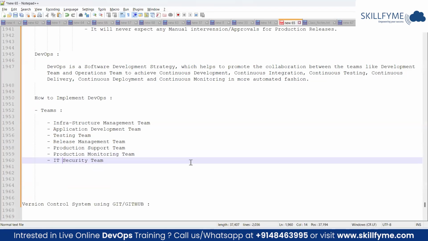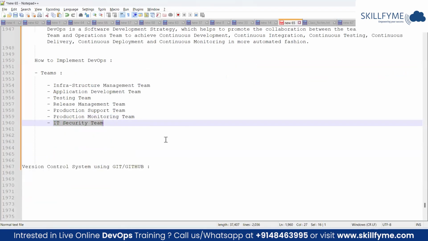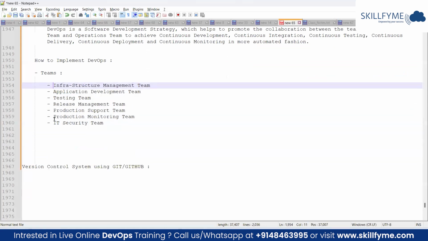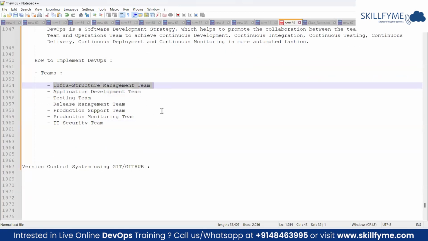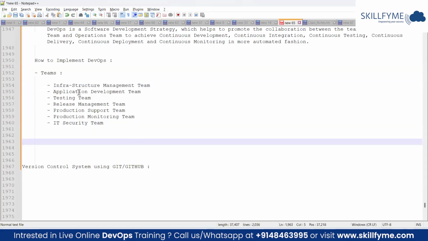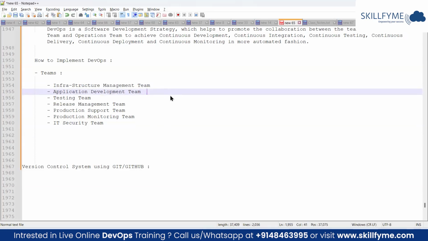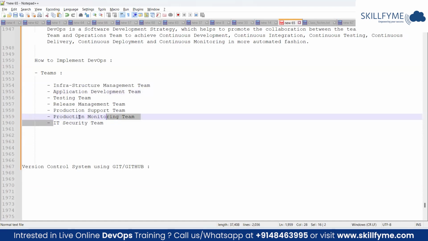That is your IT security team. This team is very much essential because they are the people who are going to do a detailed audit. Before anything goes to the production environment, it is their responsibility to ensure that the product whatever developers created, the infrastructure whatever we created, the tools whatever we use, is all done as per the company's security policy. Say, for example, consider I have a Java development team. They want to use JDK. The JDK, whatever they use, whether it is a licensed product or something called an open source one, whether it has any vulnerabilities or any other malware, everything has to be properly verified. And once they give approval, then only the product will be moved to the production environment.